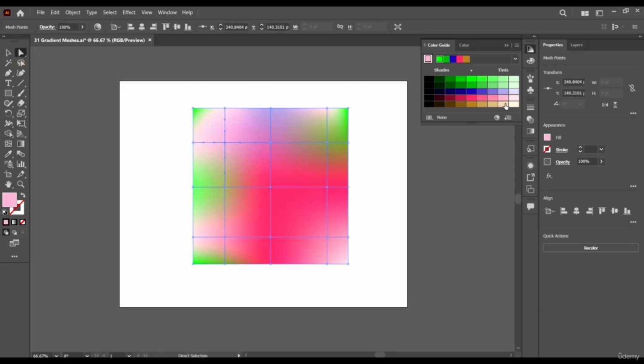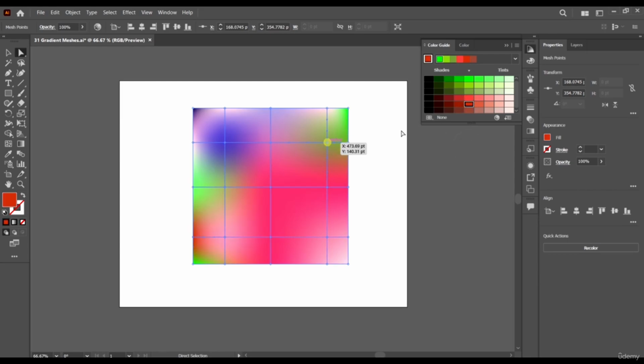So we select this anchor point, we give it a blue, select this one, give it a darker blue, select this one, give it a brown, select this one, maybe give it this color, select this one, give it this color.